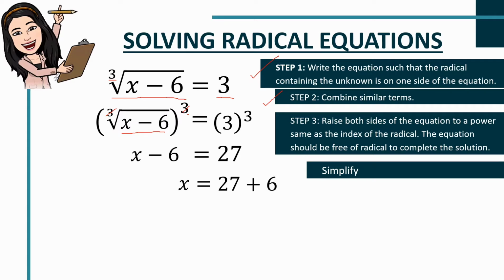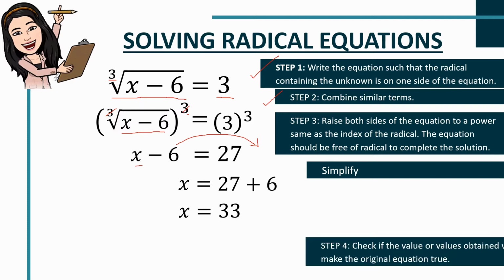So after that, i-simplify pa natin hanggang sa makuha na natin yung value ni x or yung value ng unknown term natin. Okay, so how are we going to isolate x? Yes, by transposing negative 6 to the other side of the equation. Para matira na lang natin dito si x. So that would be x is equal to, copy the 27 and the negative 6 will become positive 6